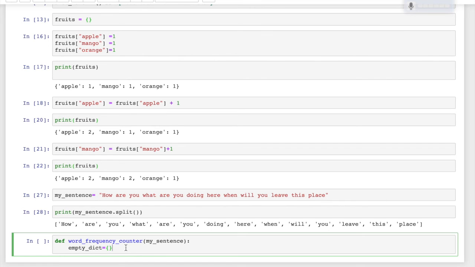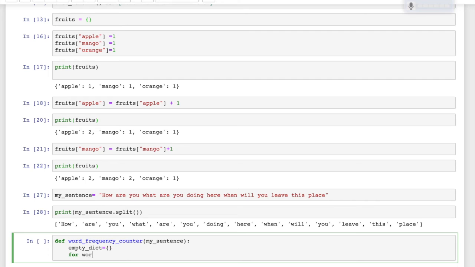Okay, now for word in my sentence dot split. Okay, for every word, this word stands for the word, you'll get it like this.